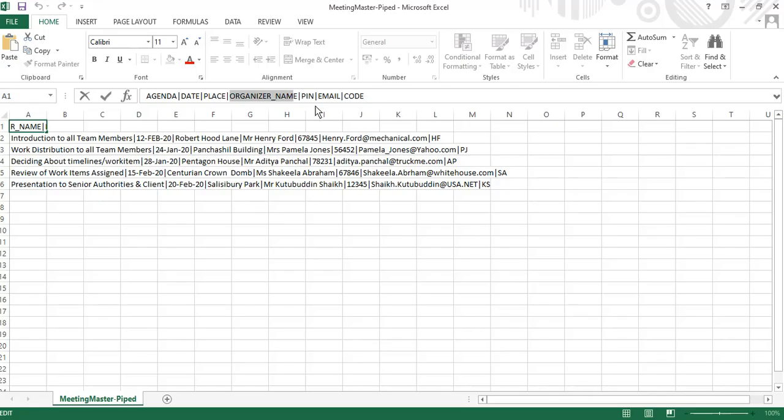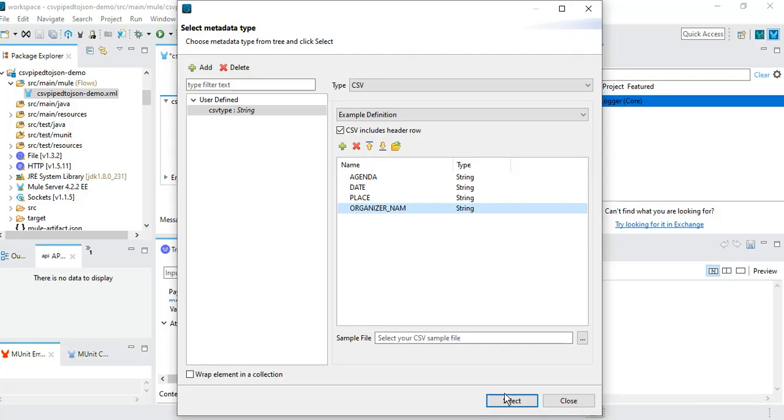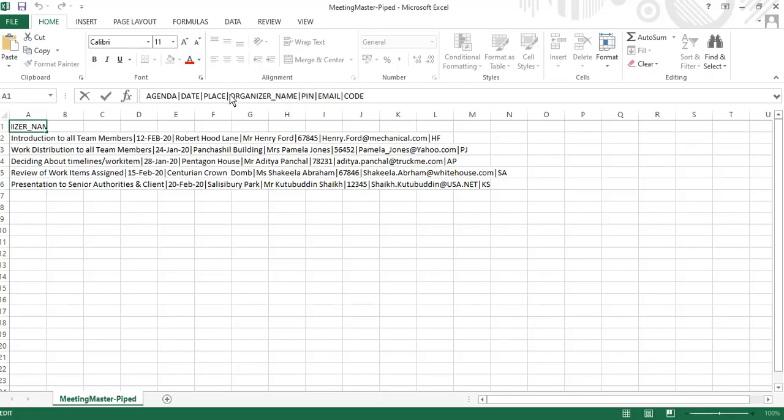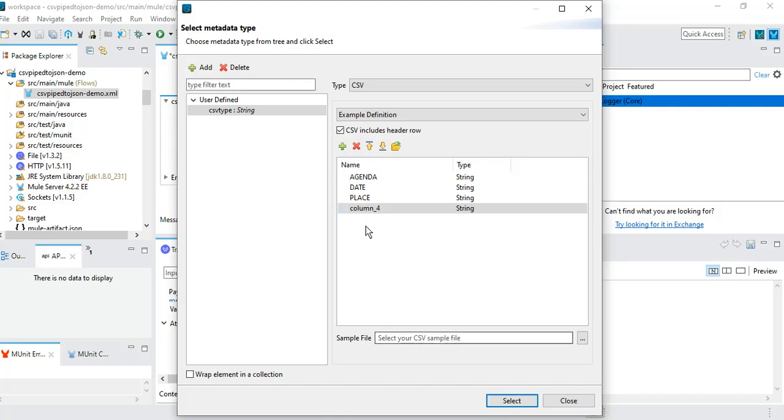Then I do have pin. So let me take that pin also. Oops. Anyway, the organizer name, let me have it here. By mistake I deleted that, so let me take it again. This is a little bit difficult, but let's do that properly, systematically.